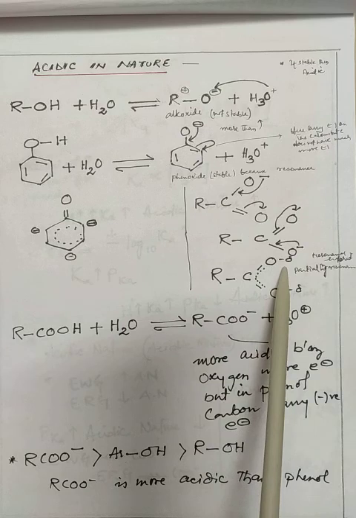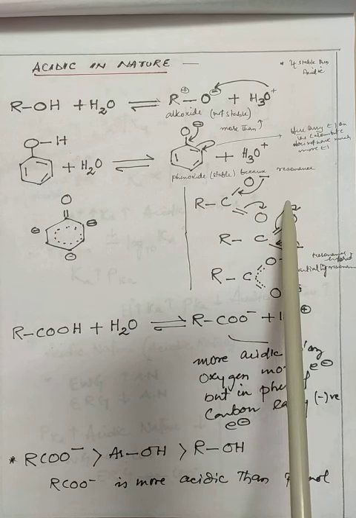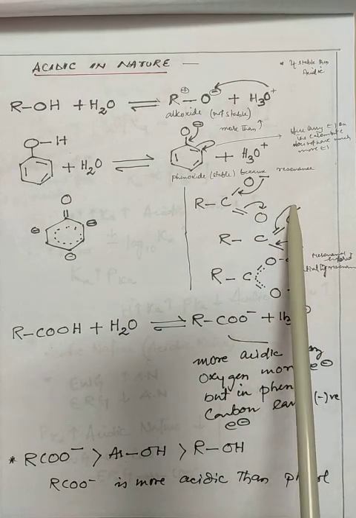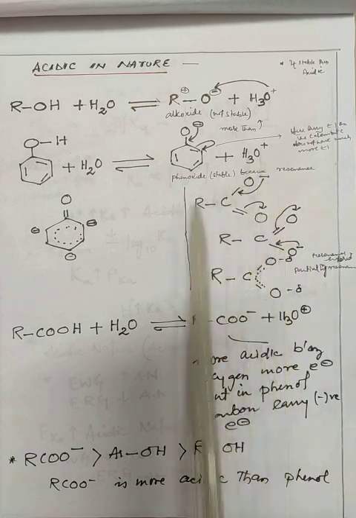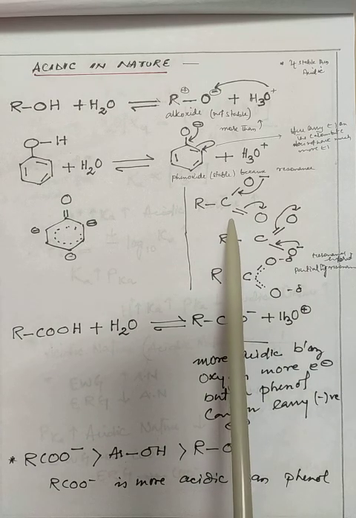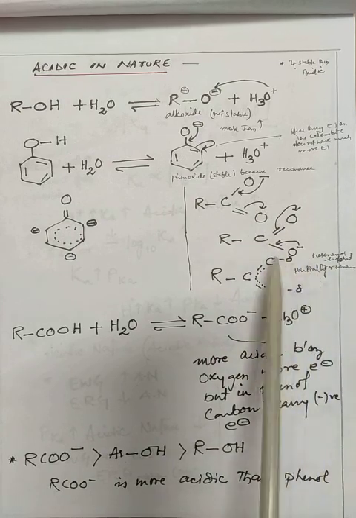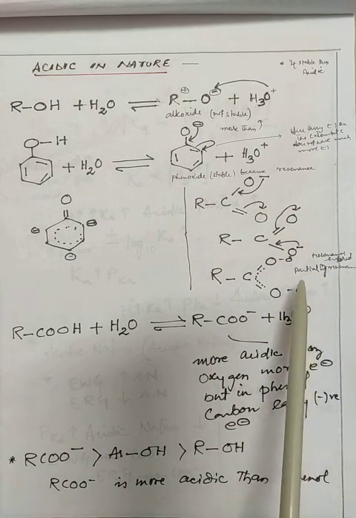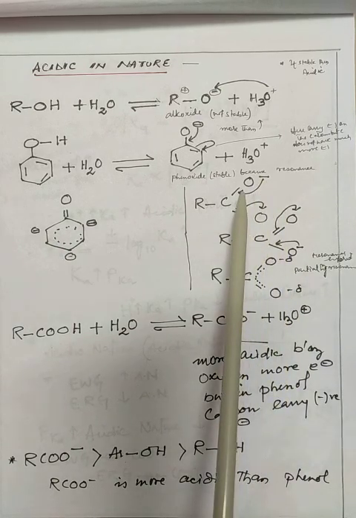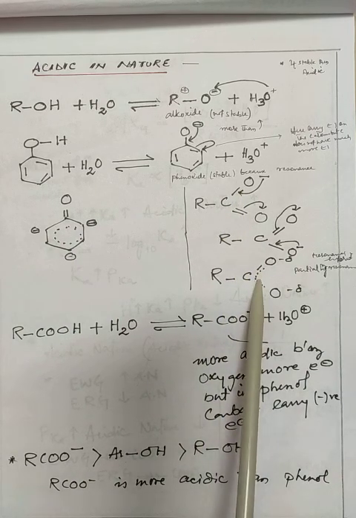So now this one is a resonance hybrid only. Here it carries a negative charge, so before this the structure is RCOOH. One O will carry a negative charge, and the other O has a double bond between the carbon and oxygen. Now if the double bond breaks, that oxygen will carry the negative charge, and the oxygen that had the negative charge gives it there, and the double bond forms. So this is a resonance structure.